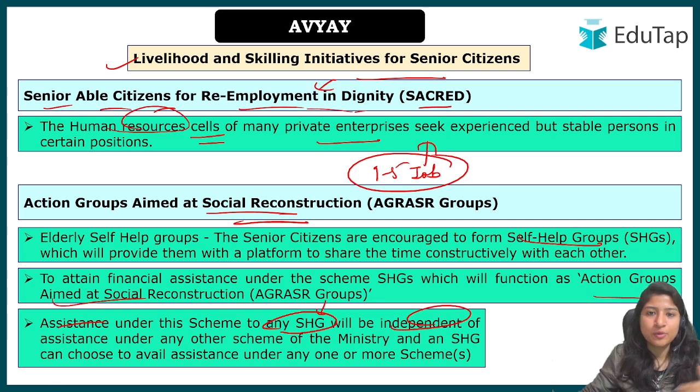So I hope this doubt is clear. Why am I not adding more to it? Because there are other senior citizen schemes as well. In the next one, I'll add all the welfare schemes that are for senior citizens, because then you will understand in a better way that there are various schemes where financial assistance is provided to the senior citizen. And in this case also we are providing financial assistance, but here we are not talking about some personal assistance, we are talking about a particular group, right? That is why it will be independent of the assistance under any other scheme. Okay, I hope you get this doubt. Financial assistance is there in many ways, but in this particular case it will be independent of any other scheme. Okay, so that is also one point.